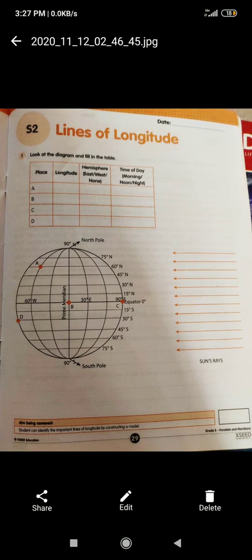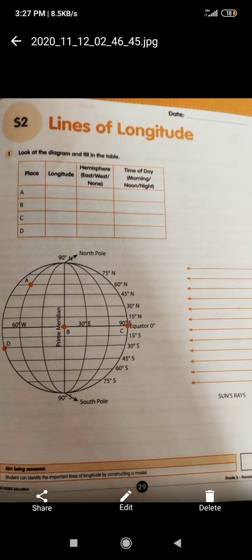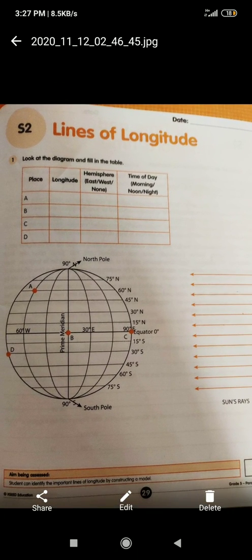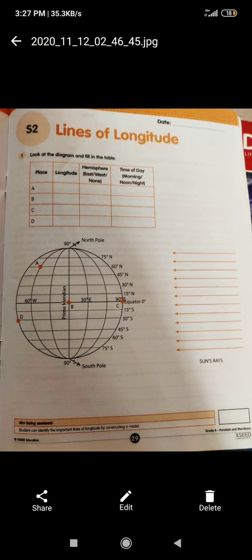Now all of you open page number 29 and write today's date. First one, longitude. And in the paragraph you can see sun rays are falling, a diagram is given. So your model should be like this, a complete model. Whatever you have drawn, maybe on a plastic ball, a plastic paper plate, or on paper, your model should have the north pole, south pole, east-west direction, prime meridian, equator, and these numbers north and south, everything should be drawn.